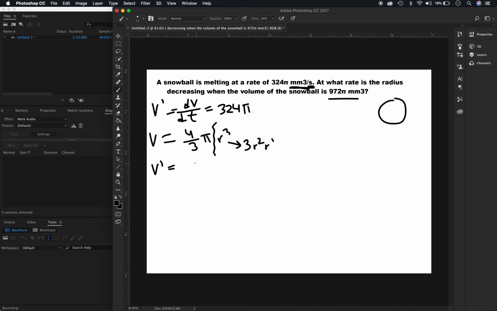That's that derivative. So we're just going to have 4 over 3 pi times 3r squared r prime. As you can see, the 3's cancel. Basically, you're left with 4 pi r squared r prime equals V prime. So now we could start plugging stuff in, right? Well, there's only one thing to plug in at this moment. So we could plug in V prime, because we have that. So 324 pi equals